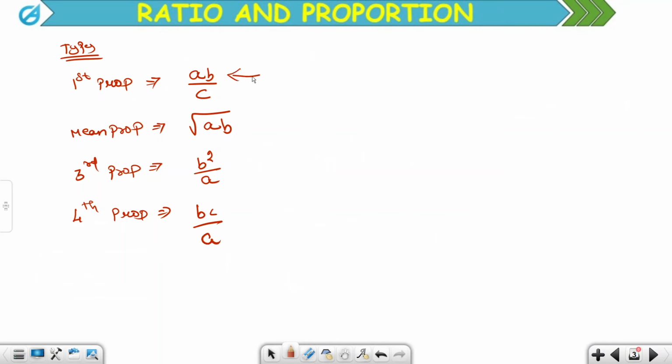The general form of first proportion is X is to A is proportional to B is to C. See how I can write X by A is equal to B by C. So here X is nothing but what? So X is equal to AB by